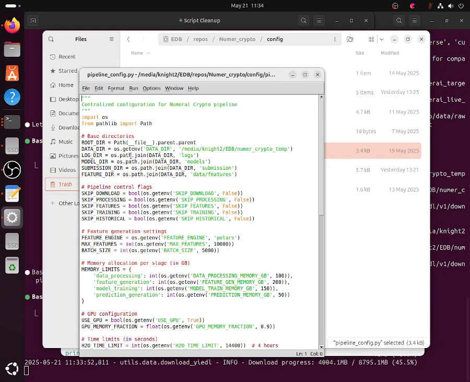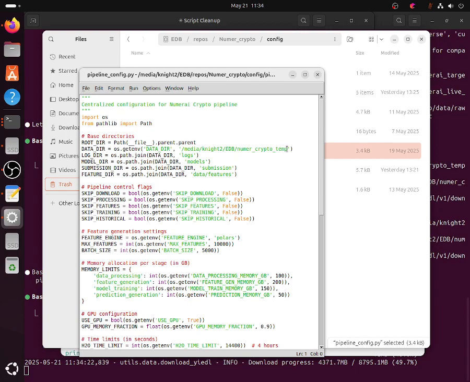Some directories, logging directory. I'm using a temp folder outside of the repository because I don't want to add everything to git ignore. Create some structure. These are the control flags,